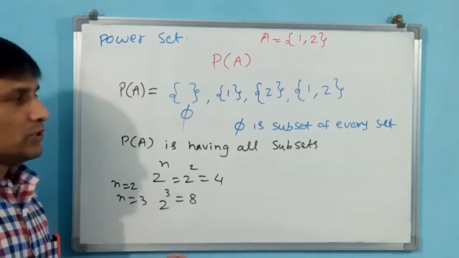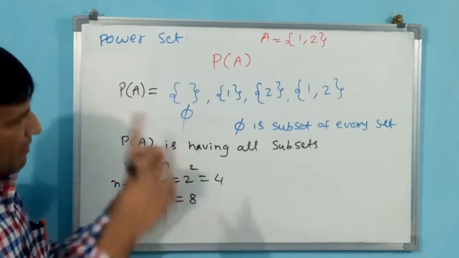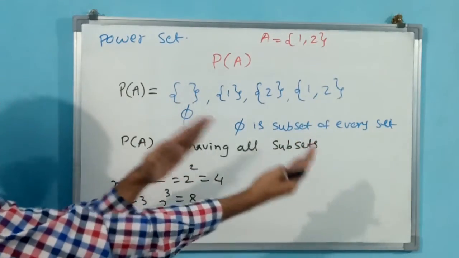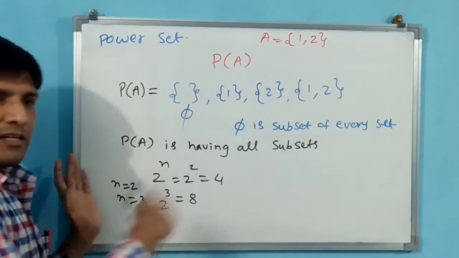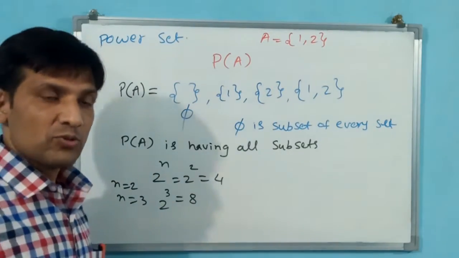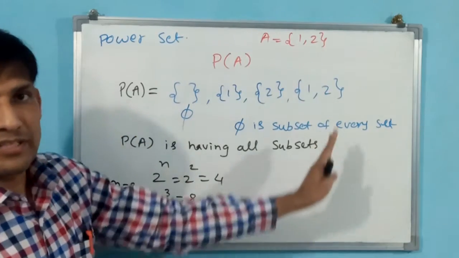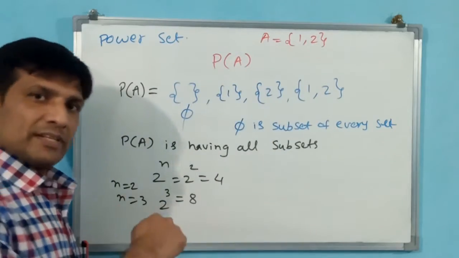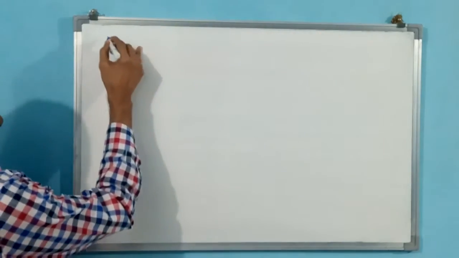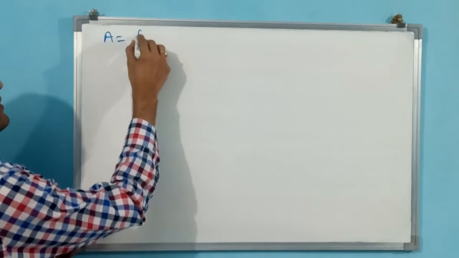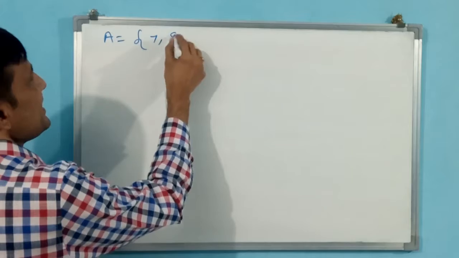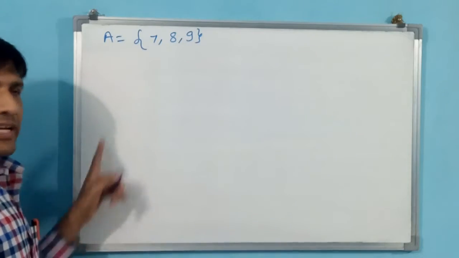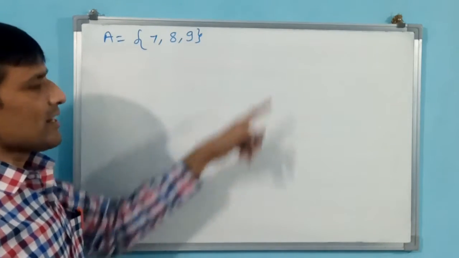Now we will write the power set for three elements. Then we compare power set, subset and belongs to. Because in the last class we learned belongs to, you might have some confusion. What is the difference between subset and belongs to? That also I have to clear. Let me show you a three-element power set, then we go for that concept also. Now I am writing. Say A is equal to {7, 8, 9}. These are the elements. In set A, this is the set and these are the elements.